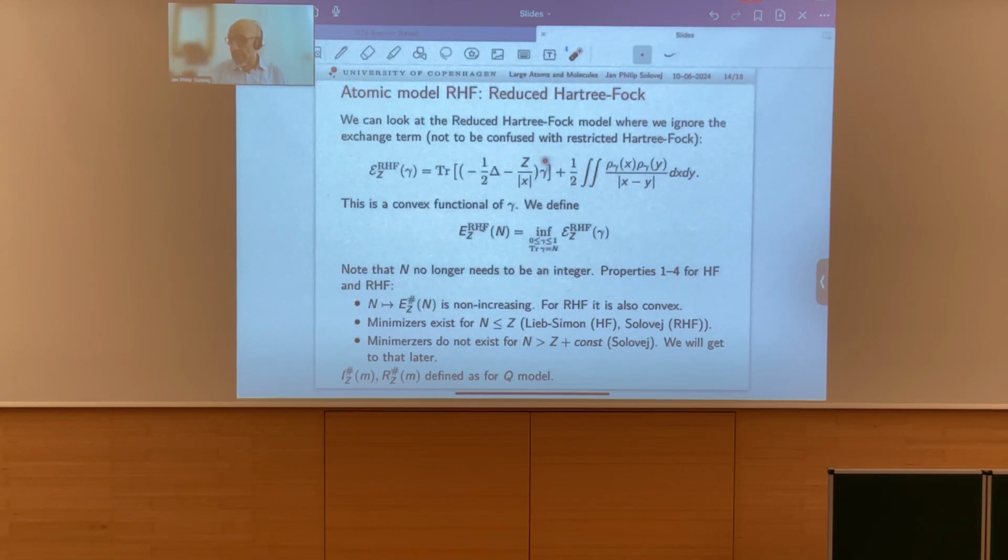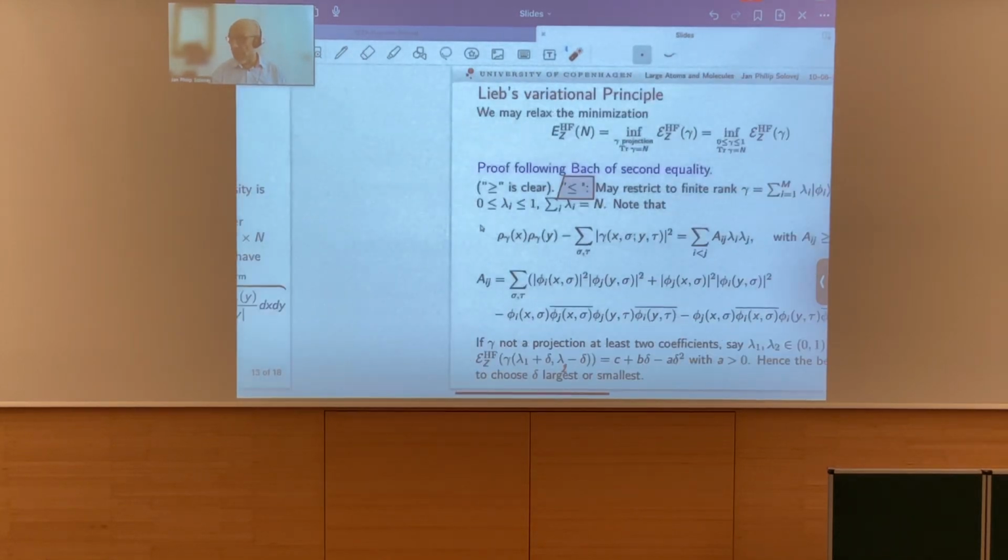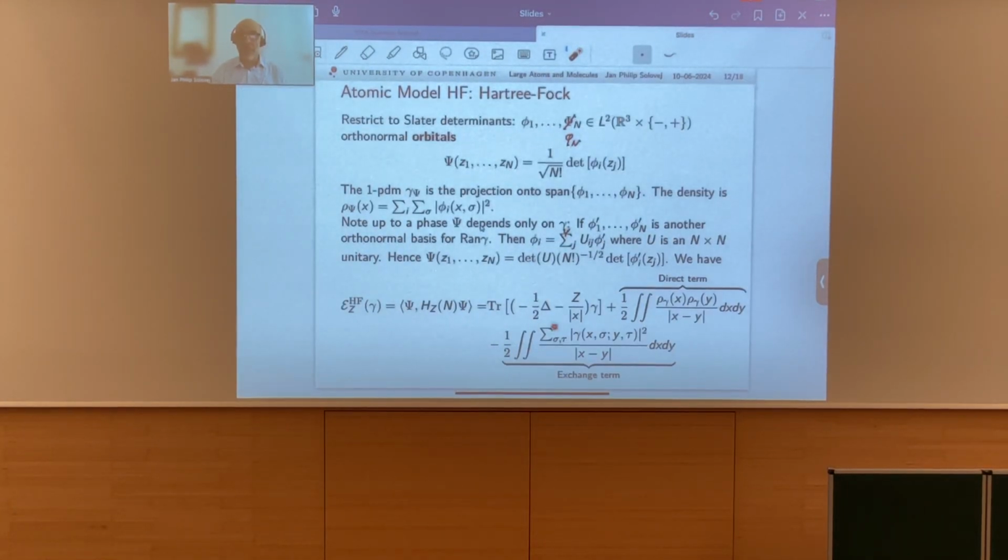See, this here is linear in gamma, and rho gamma itself is also linear in gamma. So this is, remember that the kernel 1 over x minus y is a positive kernel. So this thing here becomes actually a convex function of gamma. I'm not saying it's strictly convex, but it's a convex function, which is much simpler than Hartree-Fock. The Hartree-Fock energy, because of that term, is not a convex function. And in fact, we do not know in general that the minimizer is unique for Hartree-Fock. We do not even know that the minimizer for the Hartree-Fock is